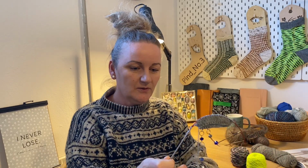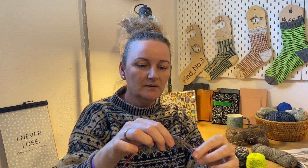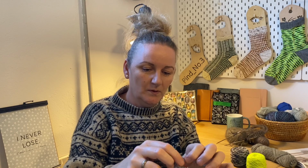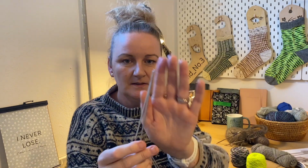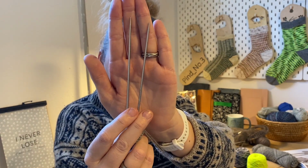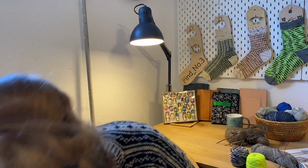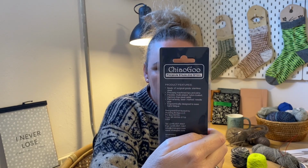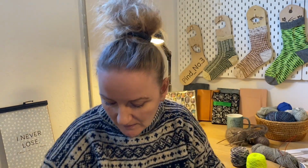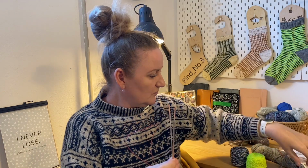Actually, the needles I'm knitting on are also quite new, brand new. I bought them yesterday at a yarn festival. I have never knitted on ChiaoGoo fixed circulars before, so I would like to try that, and I found a pair at the yarn festival yesterday. It is the ChiaoGoo 2.5mm needle with this red cable, and let me see because I have it here. SS red lace circular ChiaoGoo, premium stainless steel. Yeah, it says lace right here. And the first sock I knitted on my Addi Lace. So yeah,